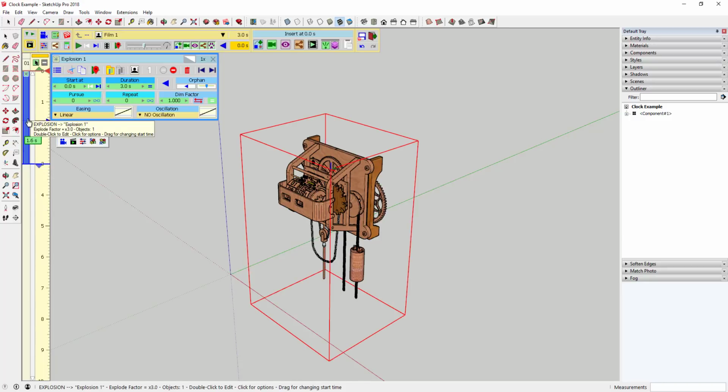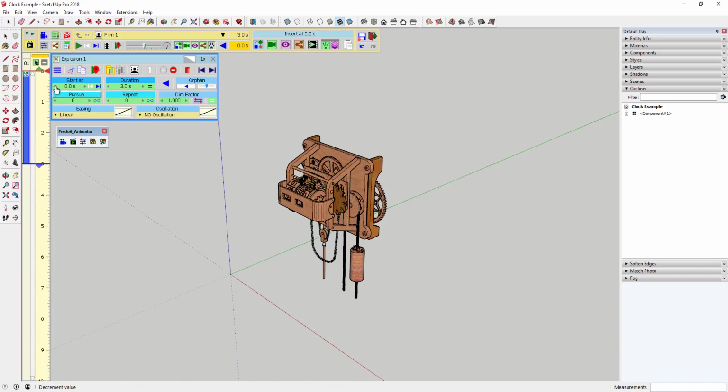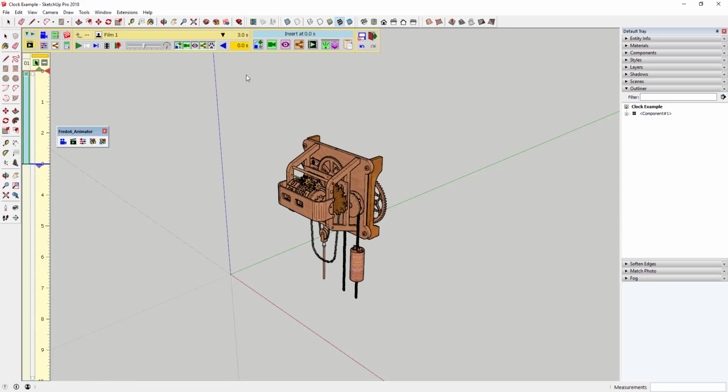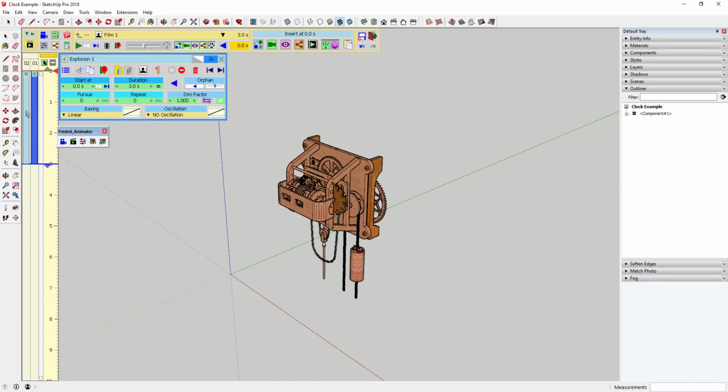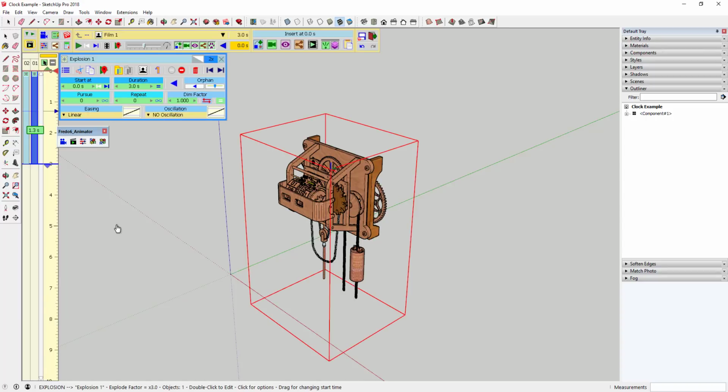In order to do that, I'm just going to click on this clip to open up this menu, and you're going to select the option for copy selected elements to clipboard. So I'm going to go ahead and click copy, and then if you look over here on the right, there's an option for paste elements from clipboard in the timeline. I'm going to click paste. What that does is give me 2 copies of this animation in the same spot,